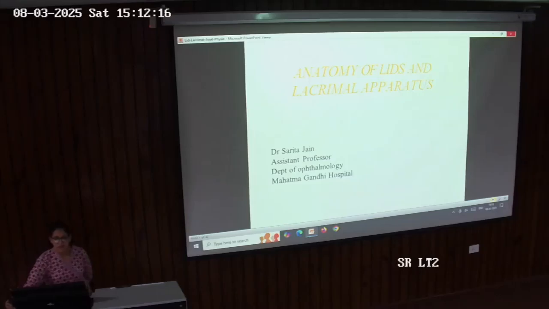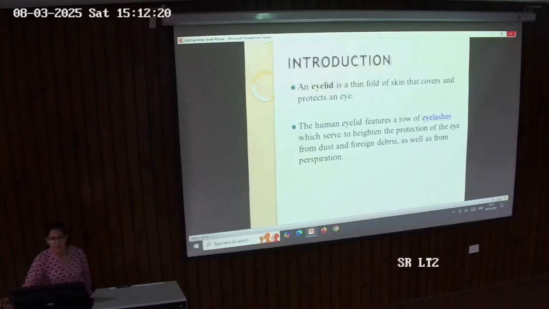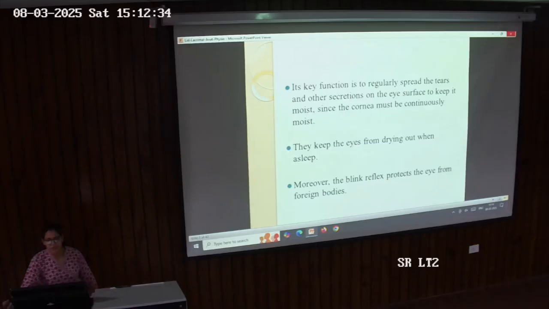So today's topic is anatomy of the lid and lacrimal apparatus. So what is lid? Eyelid is a thin fold of skin that covers and protects an eye, and it has a row of eyelashes which serve to heighten the protection of the eye from the dust and foreign body and keep the eye moist. Its key function is to regularly spread the tears and other secretion on the eye surface